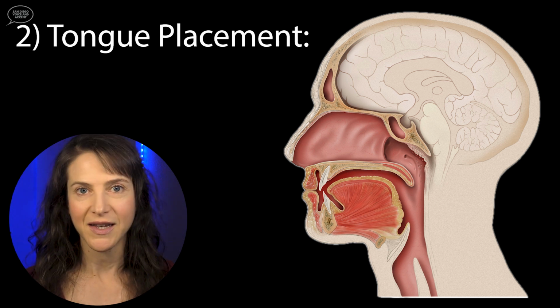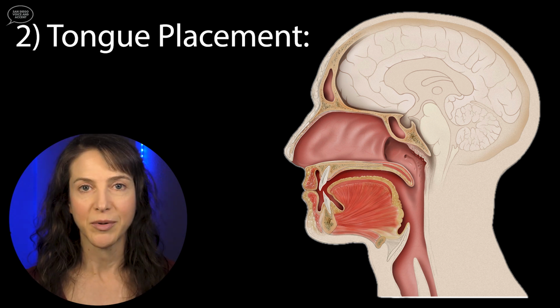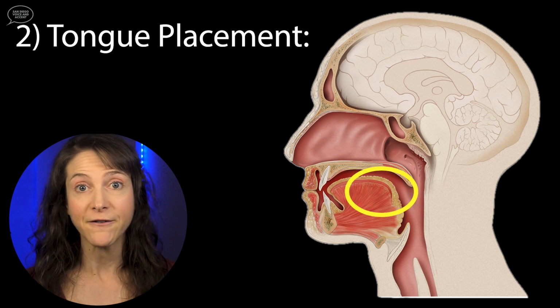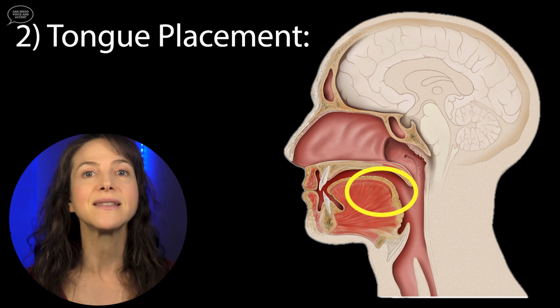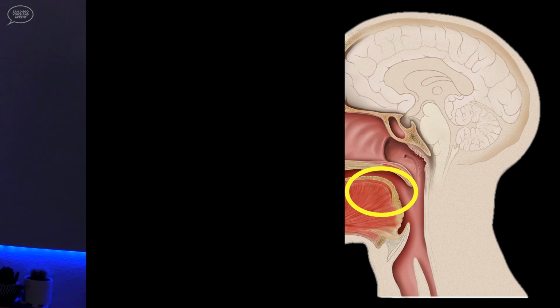Just trust me on this. Don't think about the tongue tip. The focus is on the back half of the tongue. That's what makes the American R consonant. Now, why am I asking you to forget about the tongue tip?